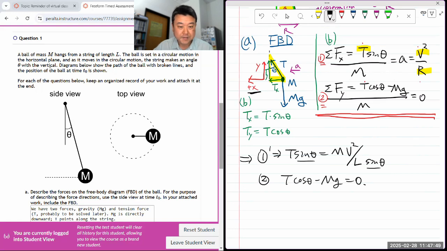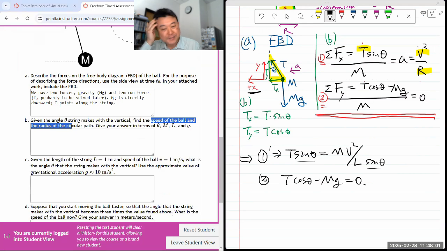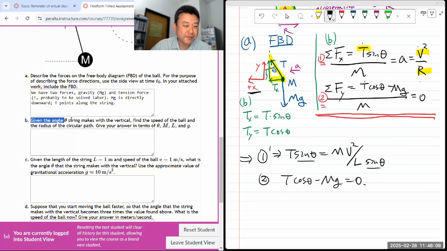So what are we being asked for? We are being asked for the angle and the speed. Oh, so we need to eliminate the... We are not given the angle. Oops. I've been treating the angle as known. No, we are given the angle. Yeah, we are given the angle. Okay. We are looking for speed, v,